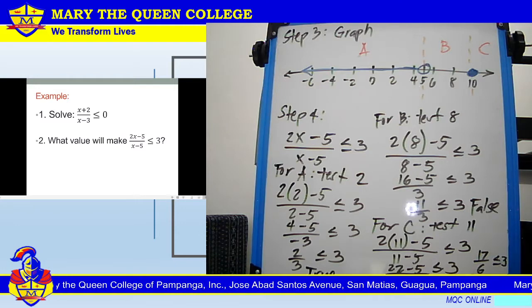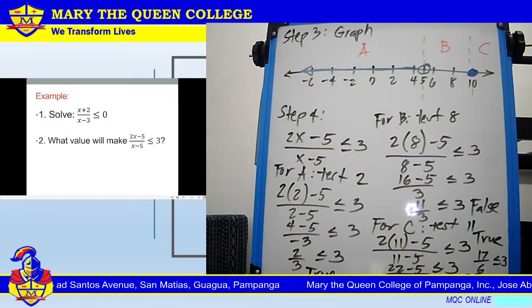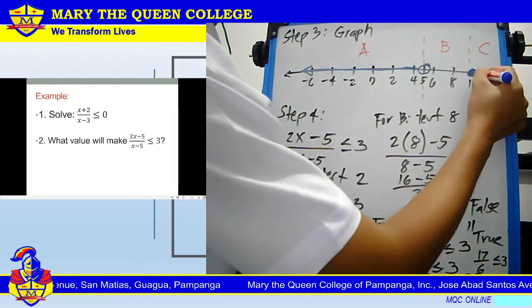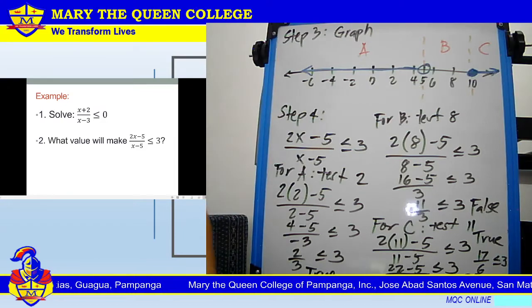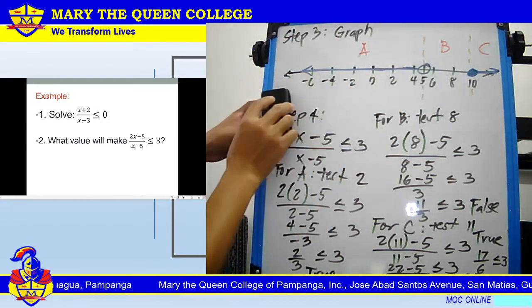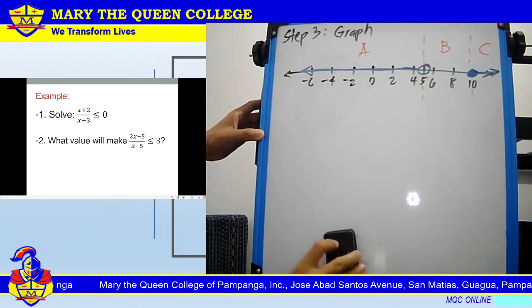So we will divide this, 17 divided by 6. This is 2 point something lang, no? So we have 2 and 5 over 6, which is less than or equal to 3. So this is a true statement. Okay? So if this is a true statement, meaning to say, interval C is part of the solution. Okay? Then for the last one, since we have graphed it correctly, we may now proceed with step number 5,